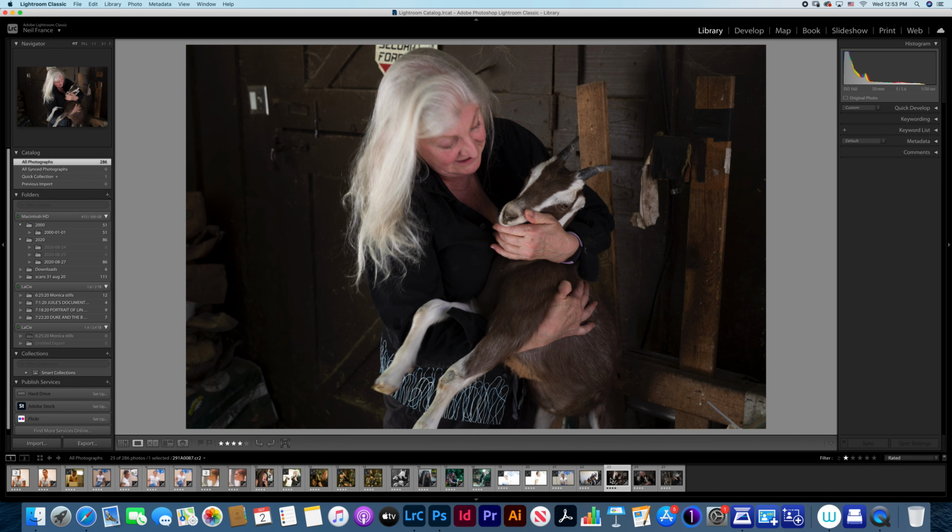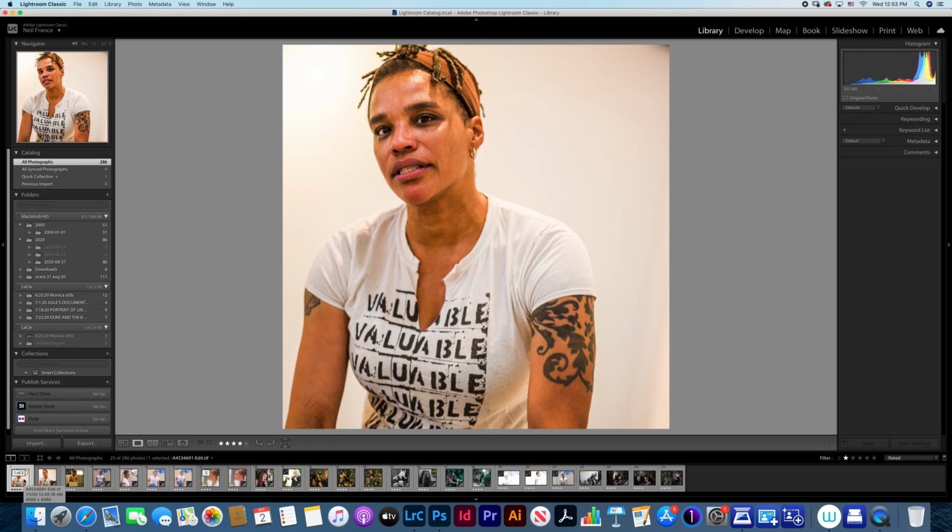I'll explain to you as you look at these images what's working, what's not working, why it's not working, etc., and we'll go from there. So let's start this. I bring stuff into Lightroom. When I shot this assignment, I think most of what you're seeing here, I shot with two cameras. I shot with a Hasselblad, which is a medium format camera, and I shot with an 80 millimeter lens on it, which is equivalent to a 50 millimeter lens on a 35 DSLR.